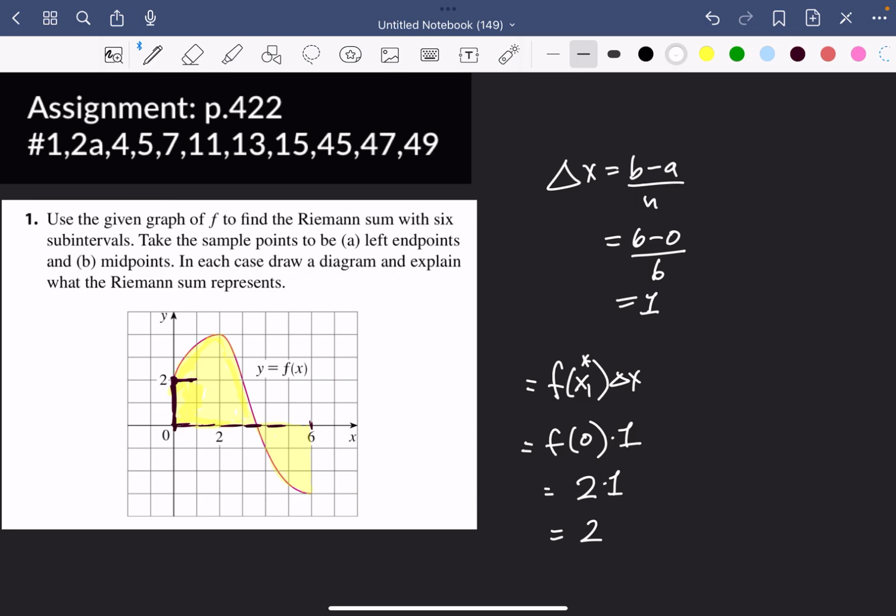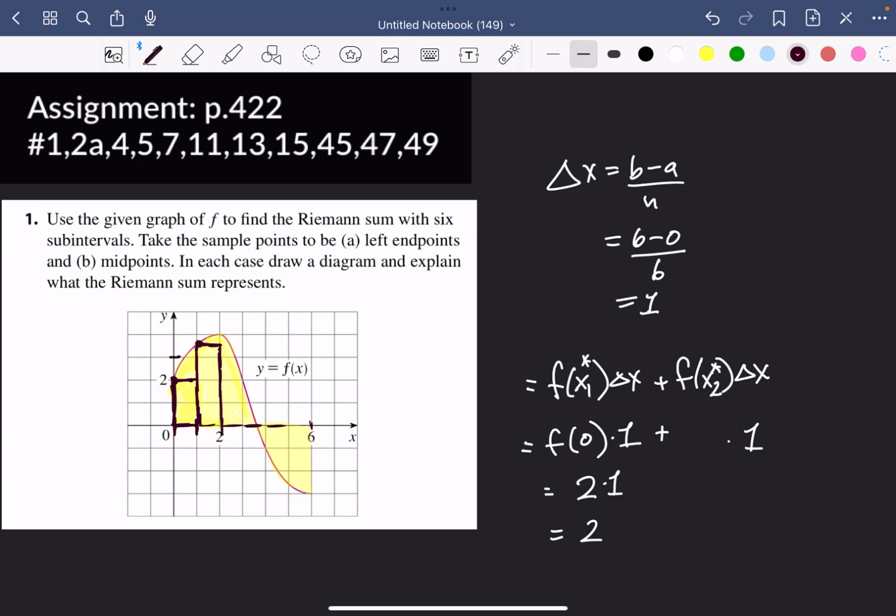Then we look at our second rectangle. Our second subinterval is right here. It goes from 1 to 2. So I'm going to take some sample point in the second subinterval. It's going to be f at x sub 2 star times delta x, where delta x is the width of my rectangle. So the width of every rectangle is 1. The height in this case is here at 1. I plug 1 into my function,